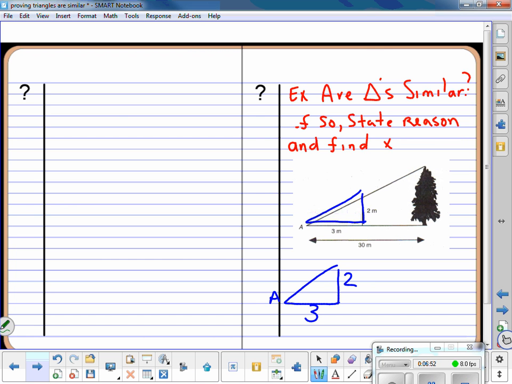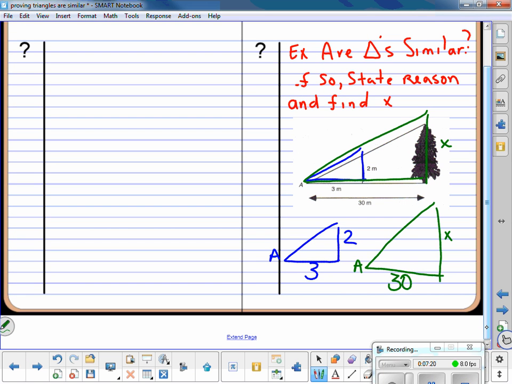Then I have a larger triangle. This is still A. What would this length be? If you notice, it's 30, and I don't know the height here, so I'm looking for the x. With that being said,